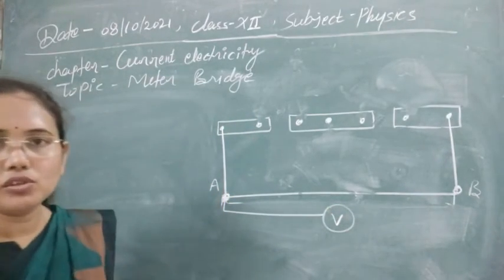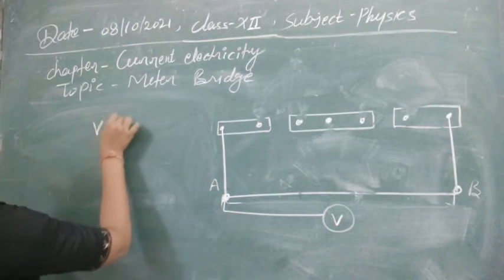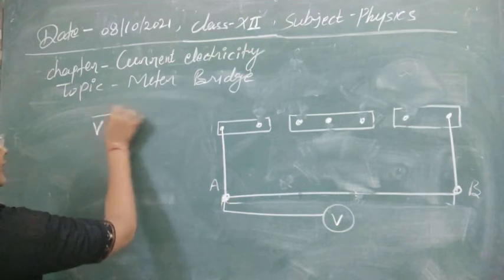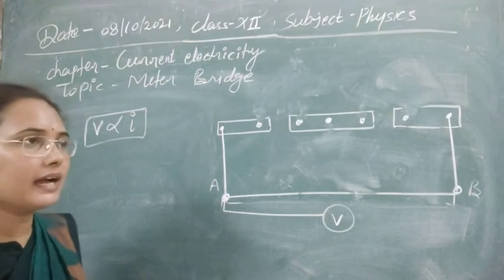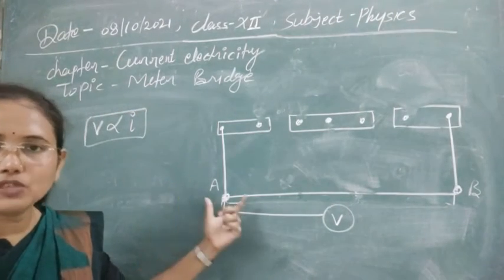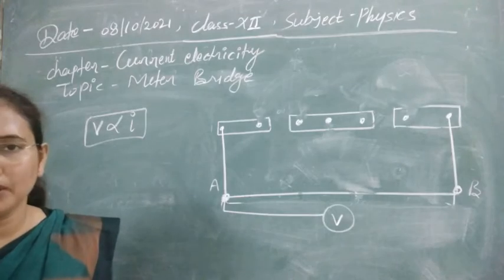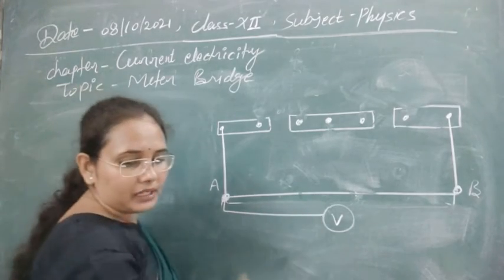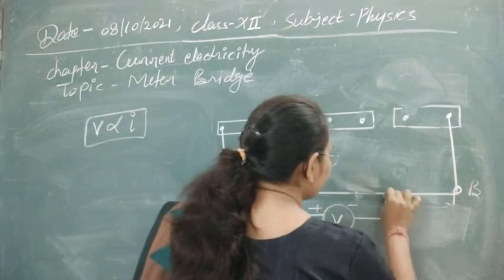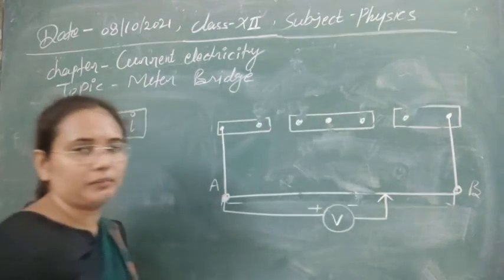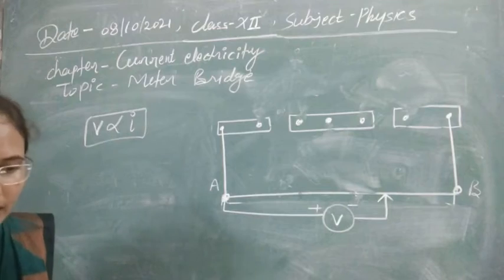As in Ohm's law, we have to find out the variation between voltage and current. So if we plot this graph, that will be a linear graph. It means that our Ohm's law is verified by the meter bridge instrument also. Here as a voltmeter we are connecting, any of the positive or negative you can connect. Negative is connected again by the socket from here. So this is our first connection that we have made.